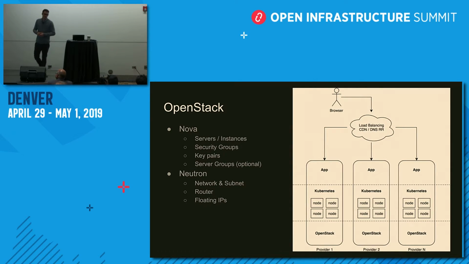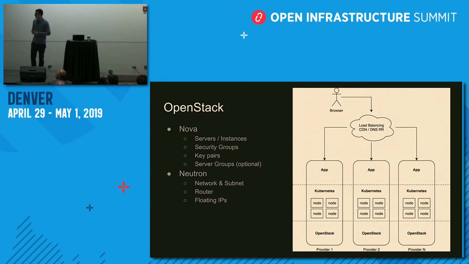We'll need some form of SSH key pairs, of course, to handle authentication to the servers. And something that can be interesting is to use Nova server groups to say, for this group, maybe your etcd cluster in Kubernetes, it's really important that it doesn't run on the same physical boxes, so I will set an anti-affinity group there to spread the workload across several servers for resiliency reasons.